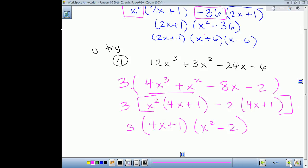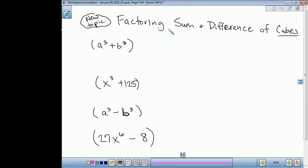All right. So, we're going to look at factoring a sum and a difference of cubes. So this is new. Everything else kind of tied into something we'd already done. This is a new factoring. And this is one of the few times where I'm just going to say, okay, guys, this is how it is. Usually we discover and we prove, and y'all love that part. I know it's your favorite part. But this time I'm just going to say this is how a sum of cubes factors. Honestly, that's better. I know a lot of people like that better, but...